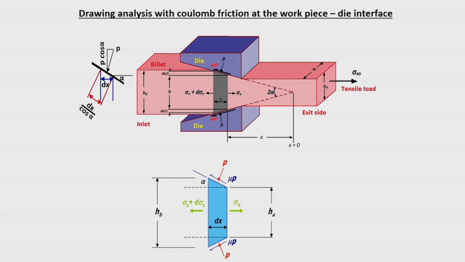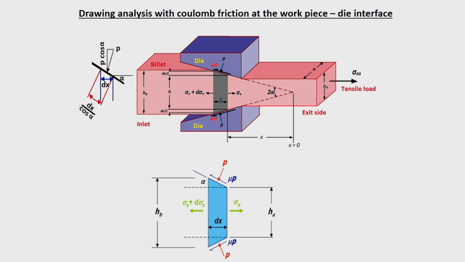So, let us take the case similar to what we discussed in our module 3. Only difference is that here we are assuming that there is going to be a frictional force at the interface, because the metal is moving forward. So, that will result in a frictional force which is directed in this opposite direction. Okay. So, there is a die pressure because the metal is just moving here and it exerts compressive stresses. So, you will find a die pressure P, and because that is normal to the surface, the frictional force will be equal to mu P on both the surfaces. This is also for a slab. Okay. So, mu P is there.